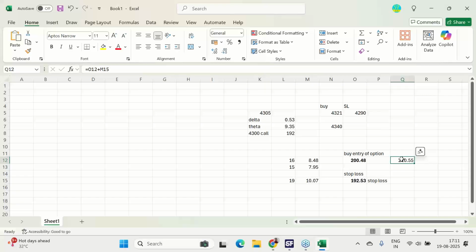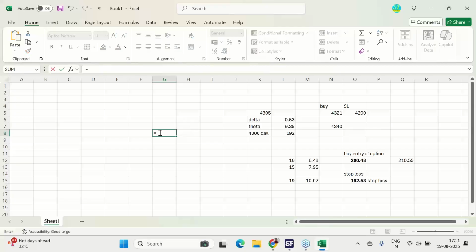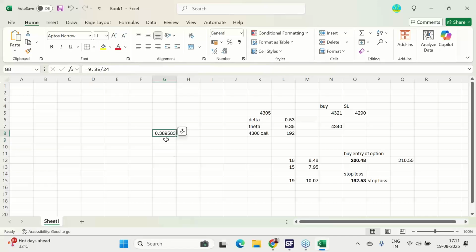Then what is the role of theta here? So delta, it is understood, we have understood the delta in a fantastic way. This theta is for 24 hours because it's a 24-hour cycle market. So night 12 o'clock to the next night 12 o'clock, again 24 hours will get over. So if I just take 9.35 USD and divide by 24, every hour I am having a theta decay of $0.39. So this is the decay if I hold this option,